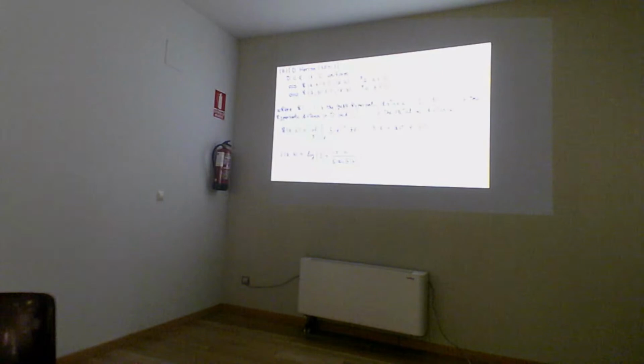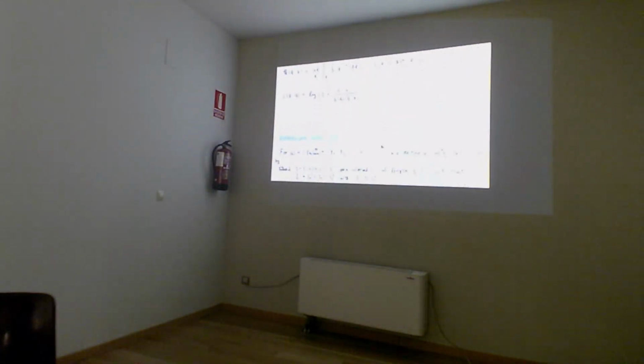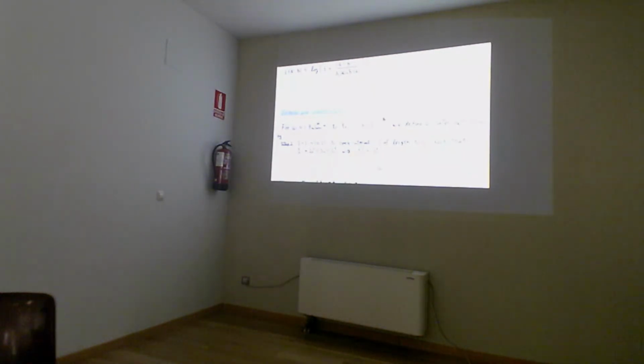So that's the first object of my talk. And the second one is also a generalized Cantor set. It is a generalization of the well-known standard one-third Cantor set. So, as you know, the standard one is